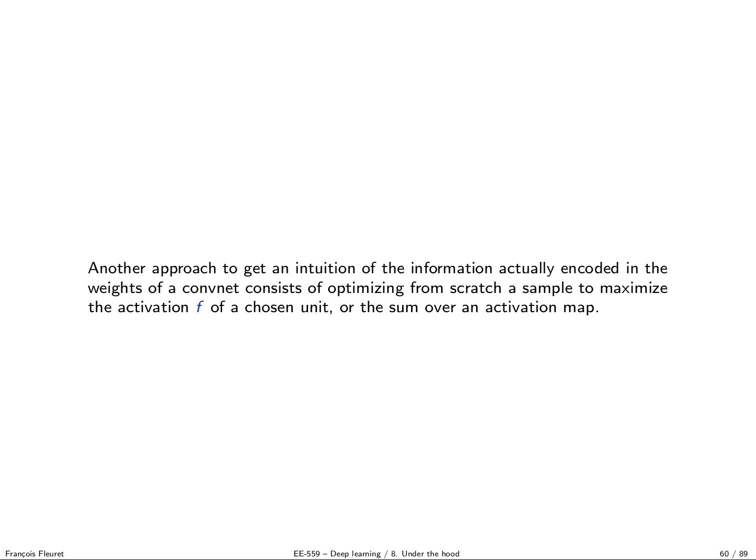Finally, another type of technique that may shine a light on what the network is doing consists of actually optimizing the input to maximize or minimize the response of certain units. So, for instance, what we can do, in a very simple way, is to select an output unit of a network, say the one associated to the class dog, and then optimize the input to the network, starting from random noise, to make this unit respond the most. It would be done in a very simple way. You just start with an image which is generated at random, and then you do gradient descent to maximize a unit of a certain class.